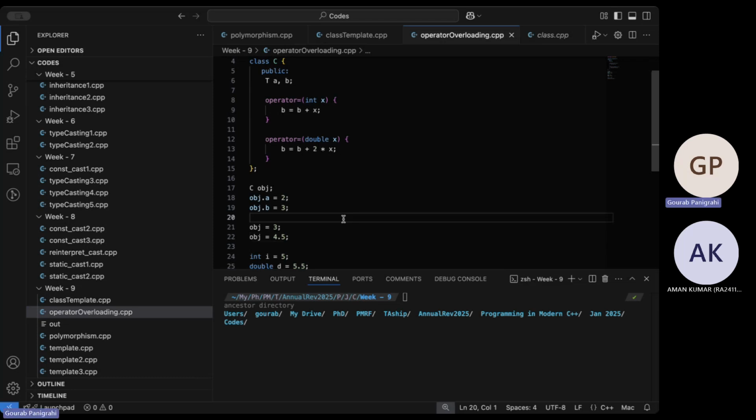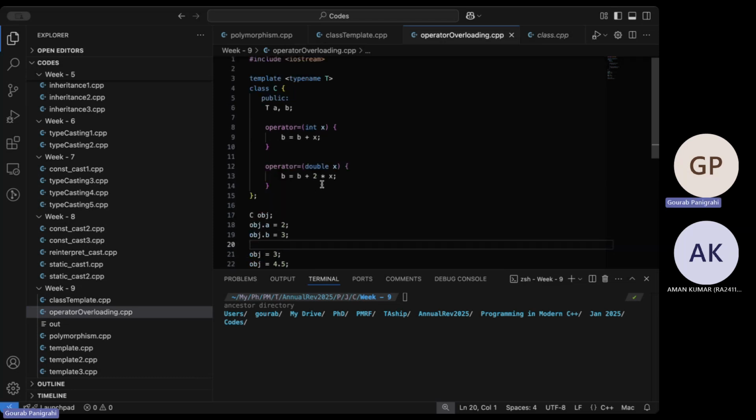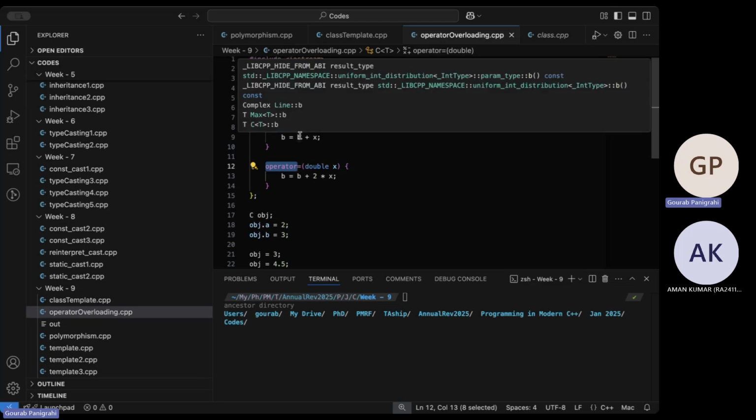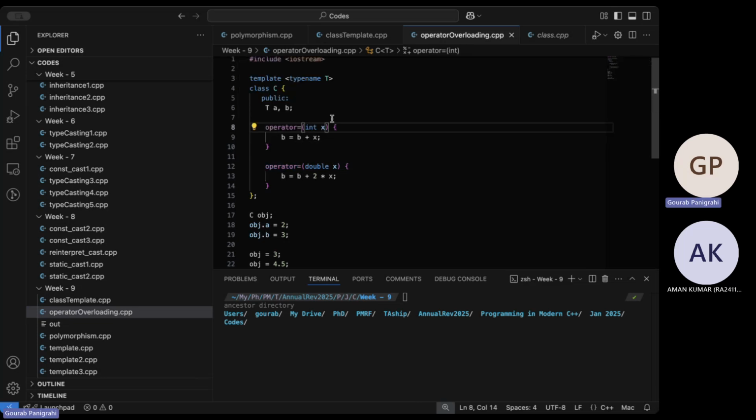I won't run it, but I guess you get the idea. This is the idea behind using operator overloading. Yes, you're overloading operators, which is the equal to here. But depending on the input it takes, you can have different data types.